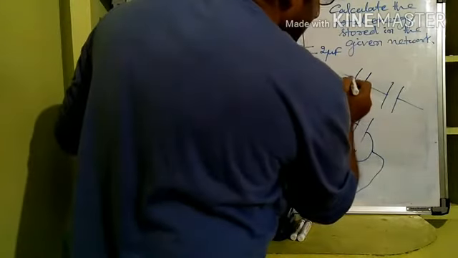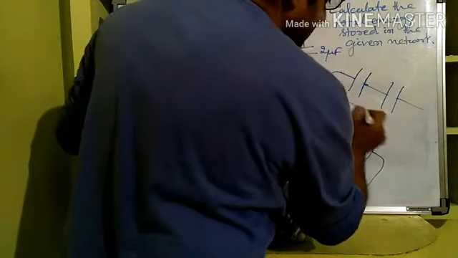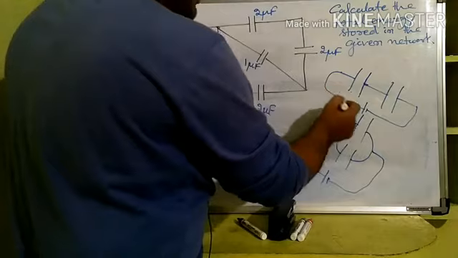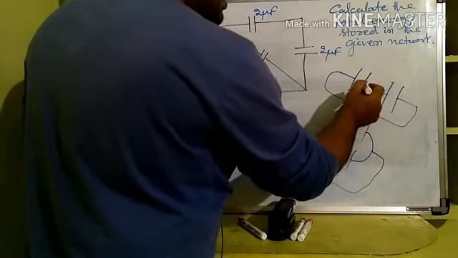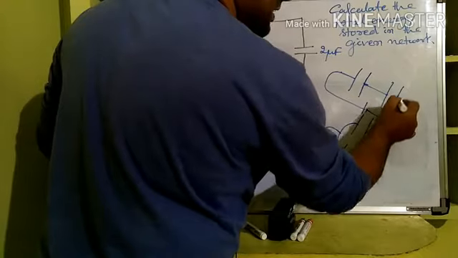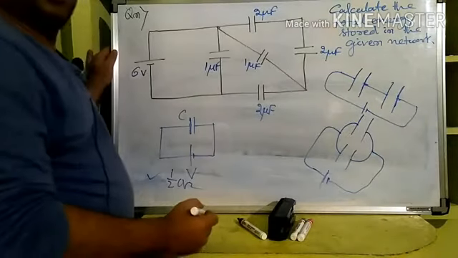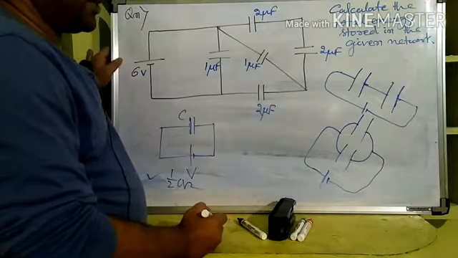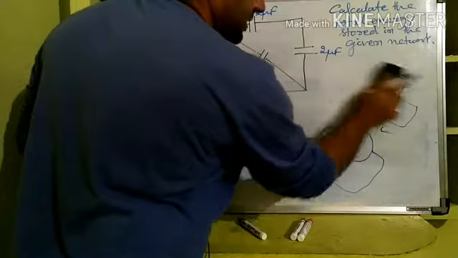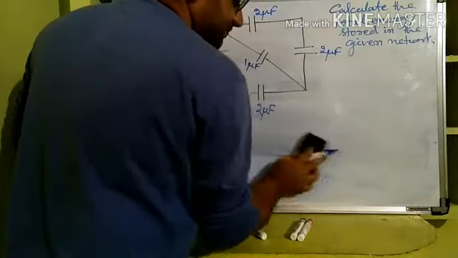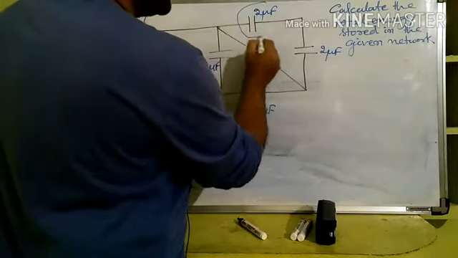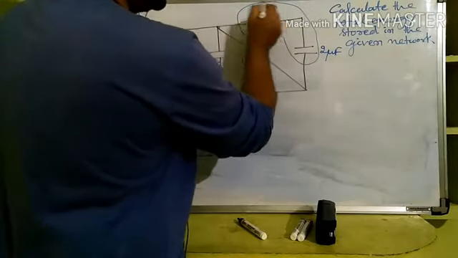Here also, imagine the two sides are connected across a cell. Now the left plate is connected to the cell, the right plate is connected to the left plate of the other capacitor, whereas the right plate of the second capacitor is connected to the other end of the battery. So this is a series connection, and that is a parallel connection, and you shouldn't have any doubt on that. From that idea you can clearly see that this capacitor and this capacitor are in series.